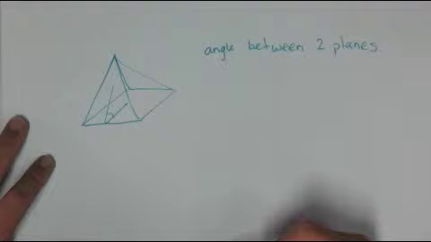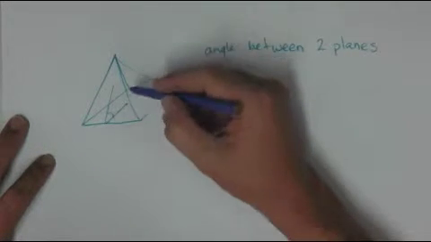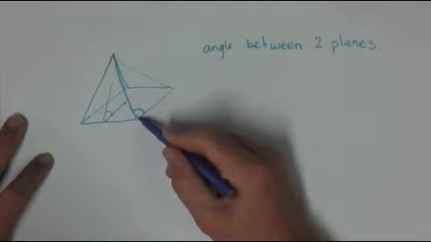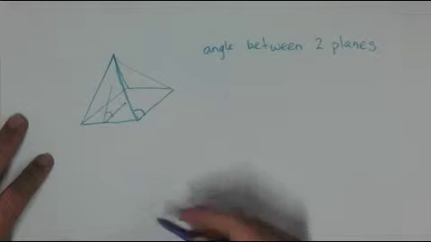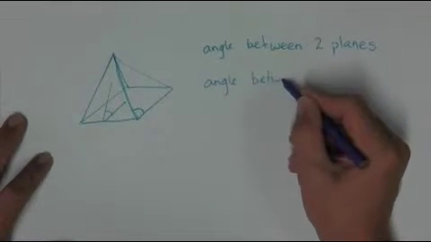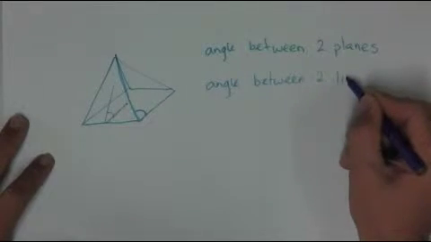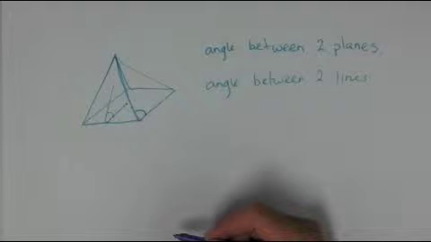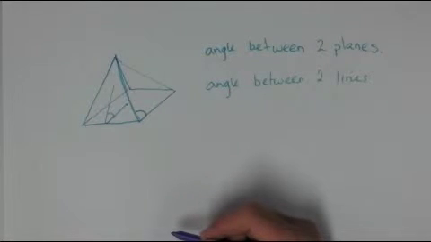You can have an angle between two different lines. And so in this situation, I could have an angle between this line here, this edge that I have, and this edge also. So you can have an angle between two lines. And this is very important because I can also get an angle between two lines